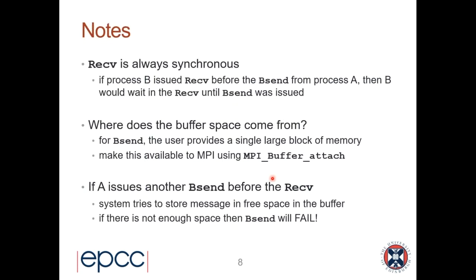Okay, so receive is always blocking. If process B issued the receive before the B send from process A, then B would wait in the receive in both cases until the B send was issued. But the question is, where does the buffer space come from? It's a bit technical, but